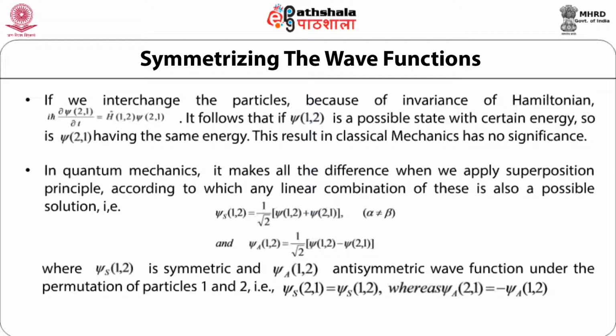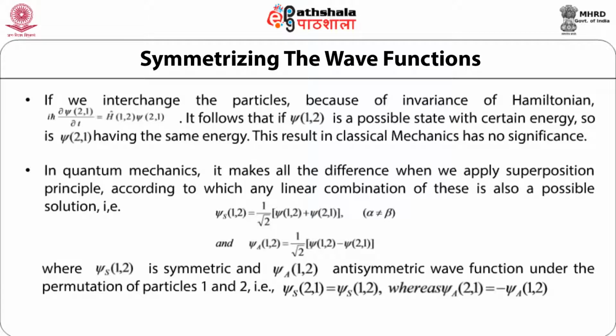For the linear combinations denoted by psi subscript s12 and psi subscript a12, we see that the wave function psi subscript s12 is symmetric, while the wave function psi subscript a12 is an antisymmetric wave function under the permutation of particle 1 and